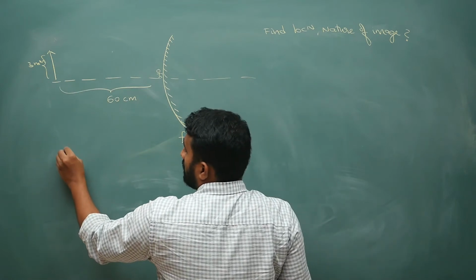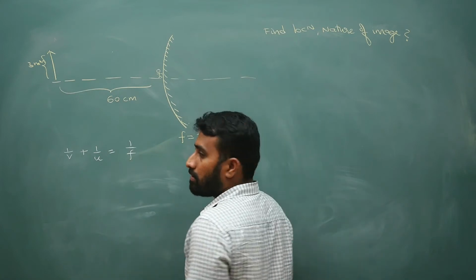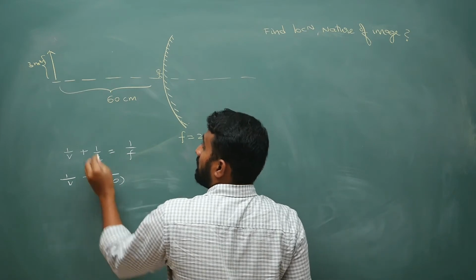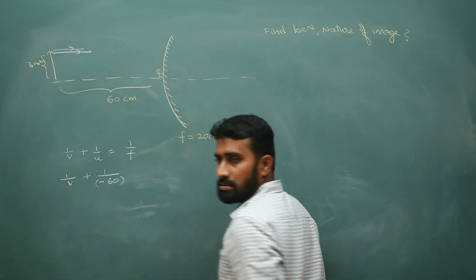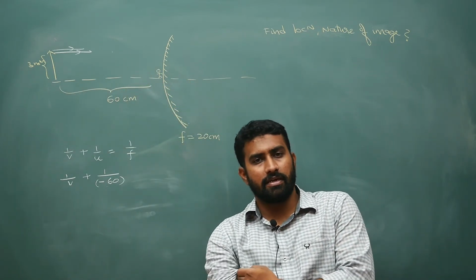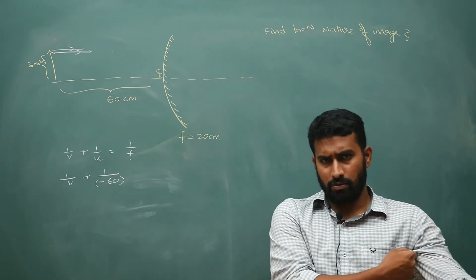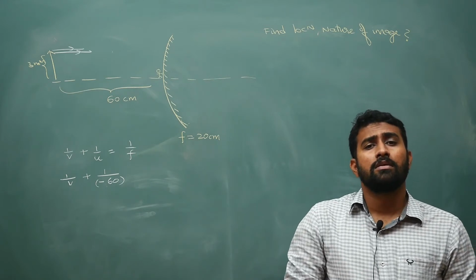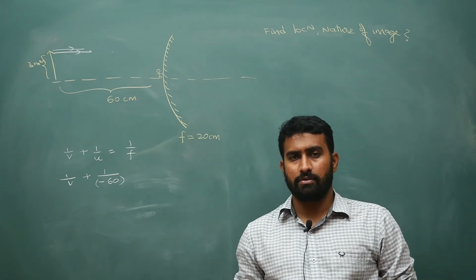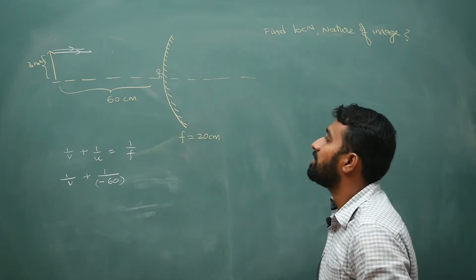Let me continue now. So 1 by v plus 1 by u is equal to 1 by f. 1 by v plus 1 by u, which is minus 60. Why? Because rays will start coming like this. So you are going against incident ray. Please don't mug up that u is always negative. In case of virtual object, u is positive. Please don't mug up that v is negative. No, v could be positive or negative. That will be decided only after calculation. And please don't mug up that f is positive or negative. In case of concave or convex mirror, it will change. So always look for those points.